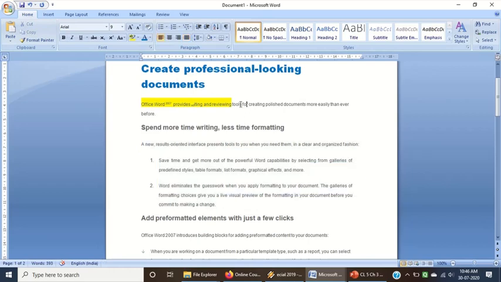Okay, what is the mini toolbar? Now suppose I am selecting this. You can see a small toolbar appears. This is the mini toolbar. From here you can do some things very fast, like you can select the font size,